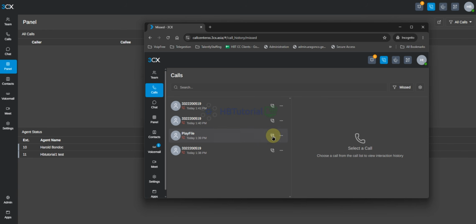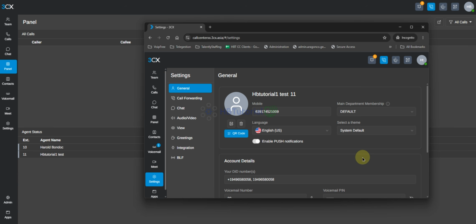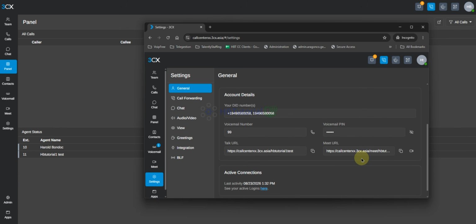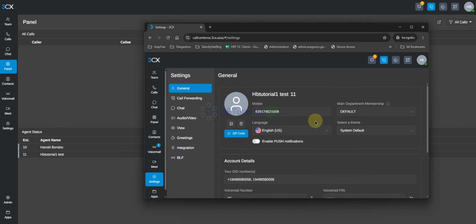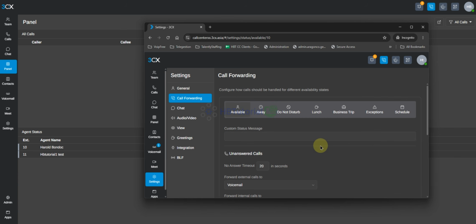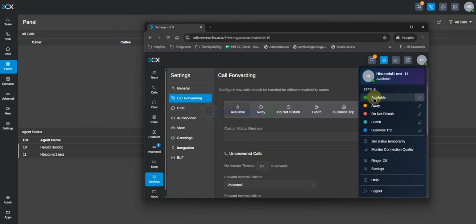So from here, as you see the outbound line, we need to modify our dial line for outbound. But let's fix this voicemail issue. Here it says we are available.